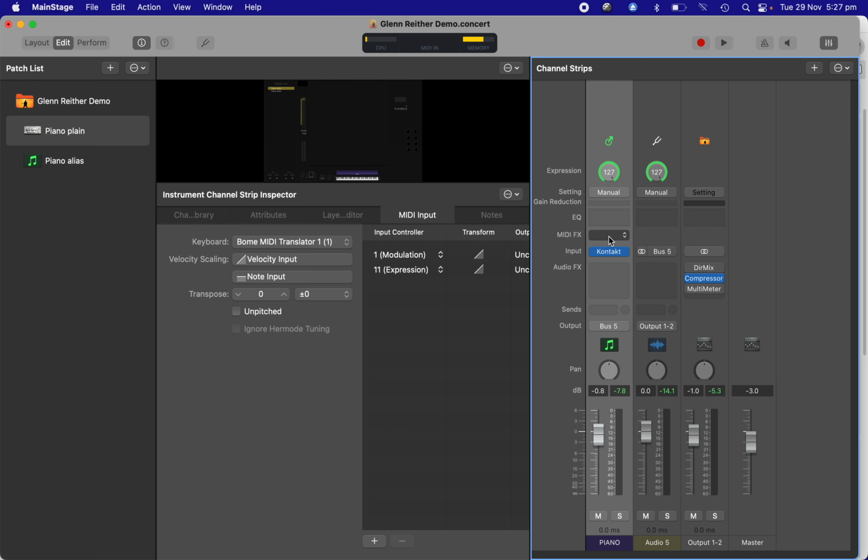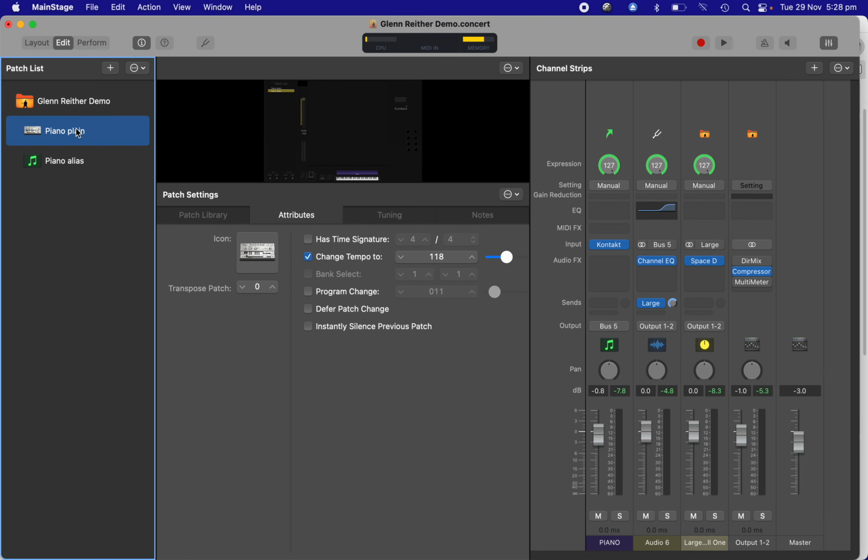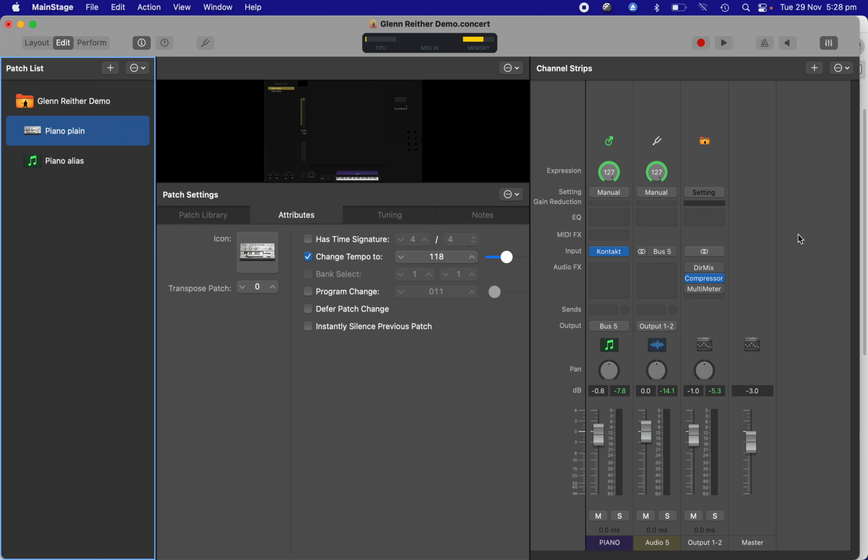It's part of the channel strip. If I had added a MIDI effect into here, it would also appear in the alias version. So we need to set up a little bit of MIDI routing as well. That will give us full audio independence of our aliases. We can do anything we want with them and have 20 wildly different piano sounds, all from that one source